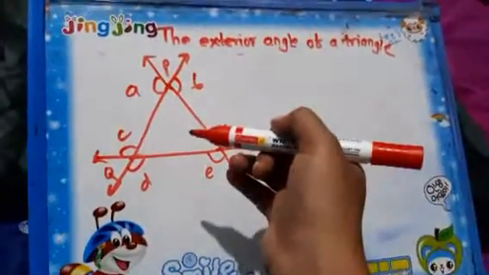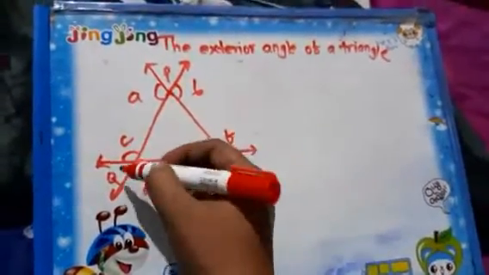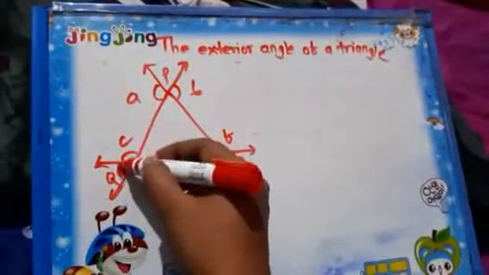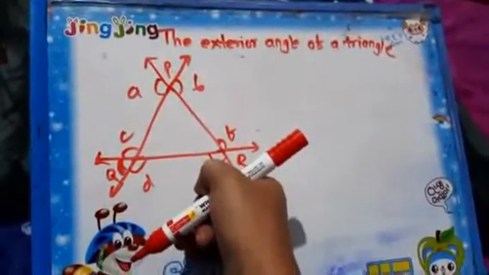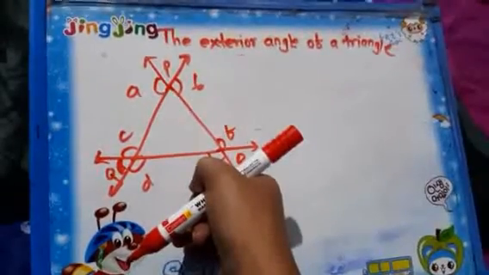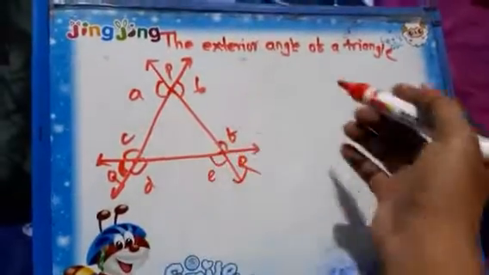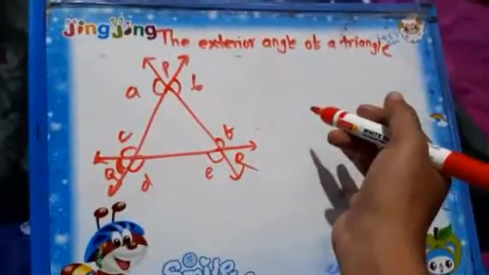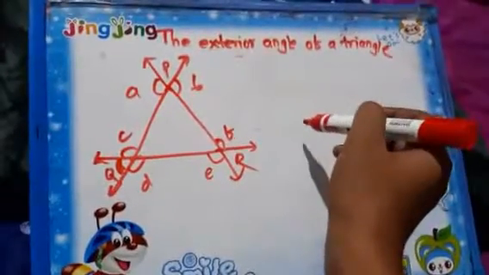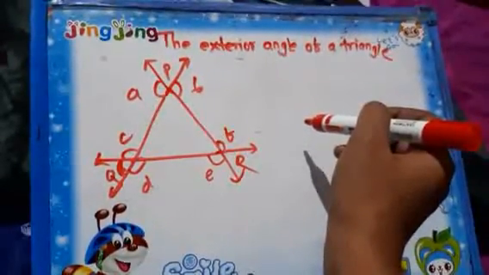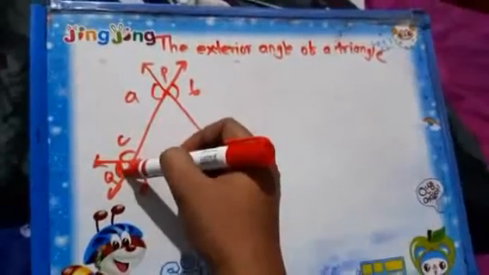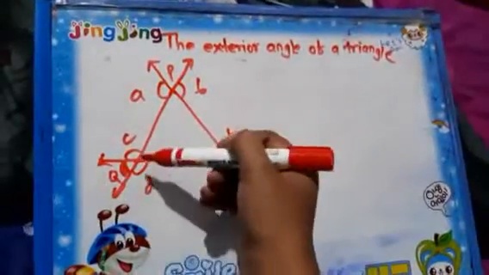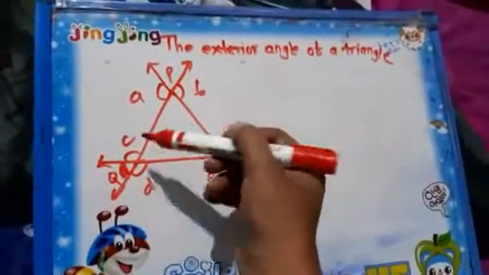Maybe the question is arising in your mind that this angle also lies on the outside of the triangle, then why is it not an exterior angle of the triangle? Because what we have defined as an exterior angle is forming a linear pair with the adjacent interior angle, but this angle is not forming a linear pair with the interior angle as they are forming.